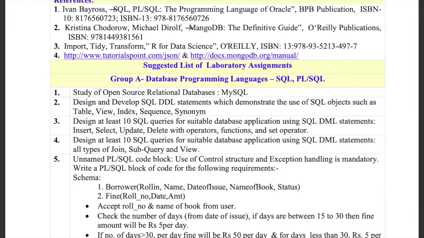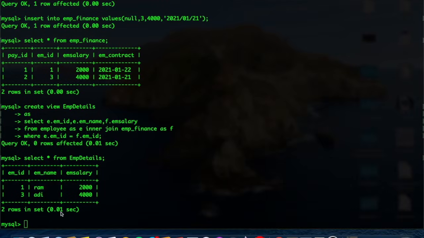We need an index. Okay. Now let's say your table was too big, right? So your finance table, like your EMP salaries, you want to sort it and you want to search it faster. So what you'll do is alter table. You'll write alter table, then the table name. Because it's about salaries, you're going to do EMP finance. Alter table EMP finance,